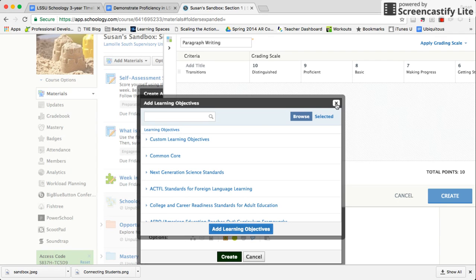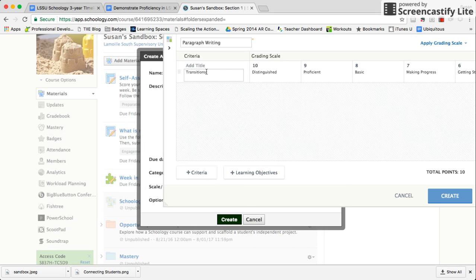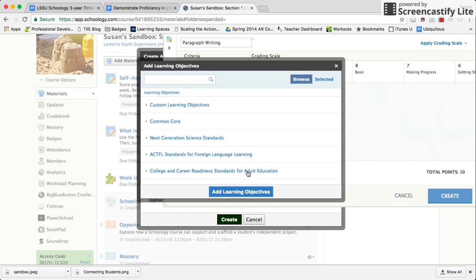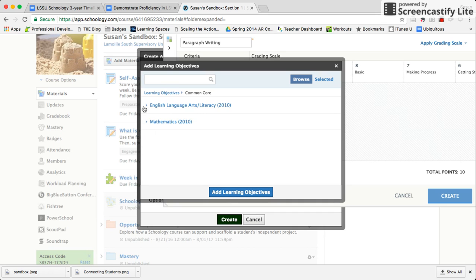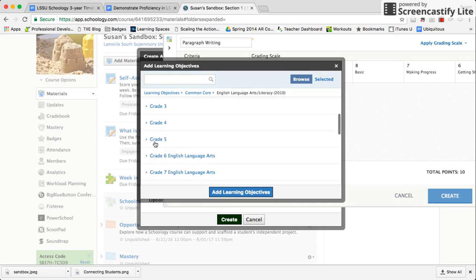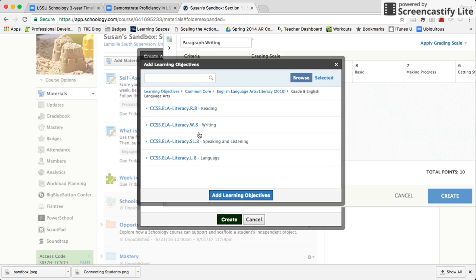So let me do that one more time. When I want to add criteria that is going to be both added to the gradebook and going to be tracked, I hit learning objectives, and I can find one of the Common Core, come on into English Language Arts, come to the grade where I need to be. It's going to be writing,